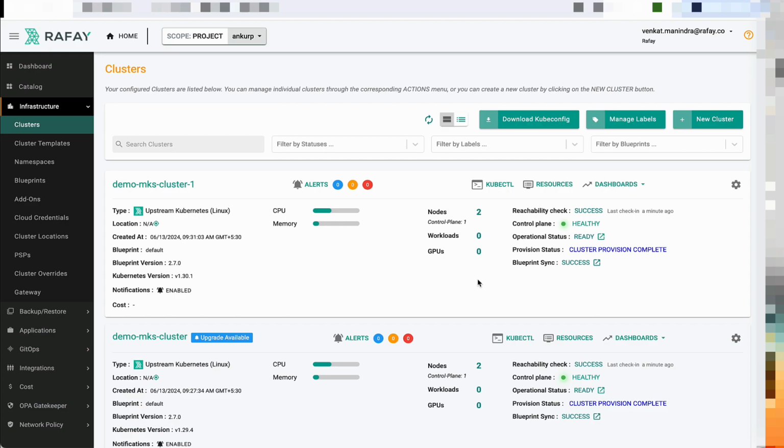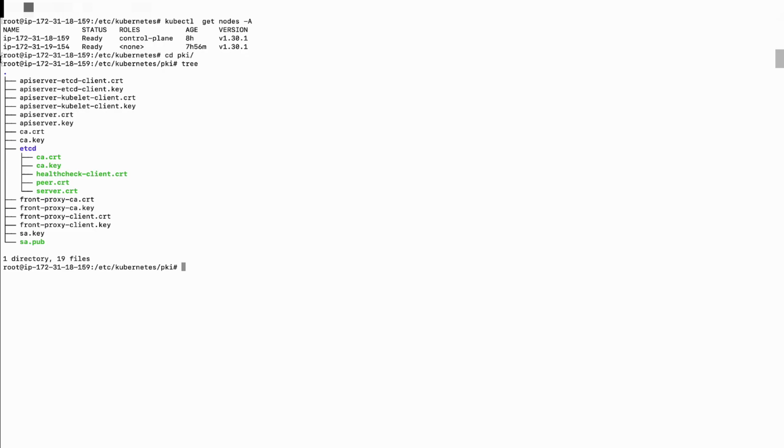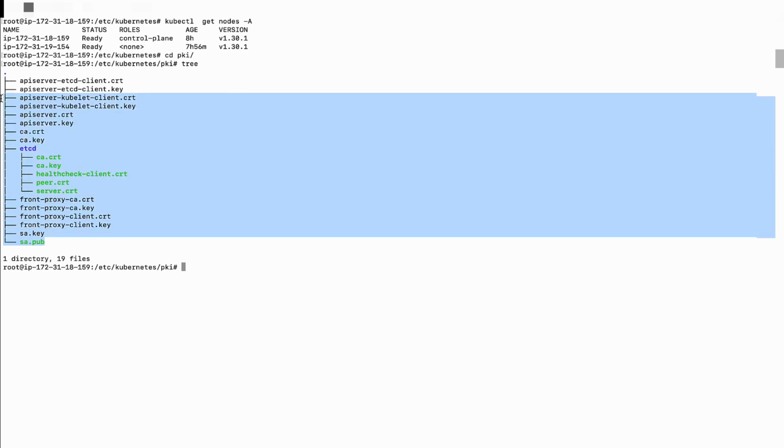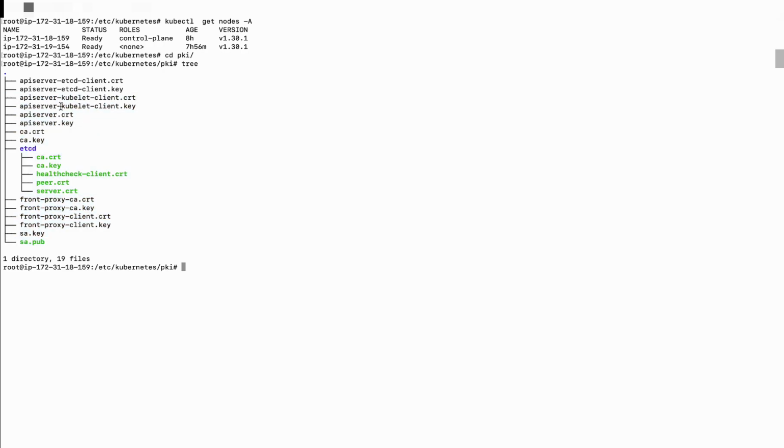Before I jump into showing you manual rotation, let's look at the different types of certificates that are there on the Kubernetes cluster. If you see, I have this cluster. I am running one master and one worker node. Here is the control plane, and this is the worker node. Now if I look at the certificates, these are the list of certificates that are part of this